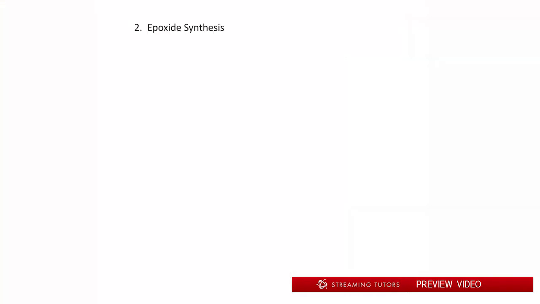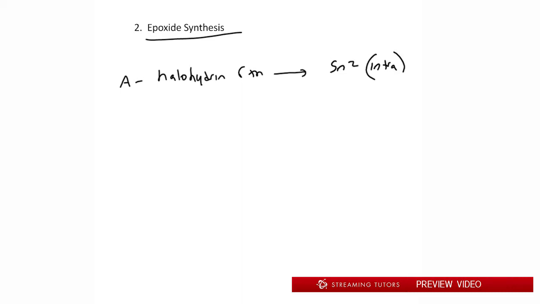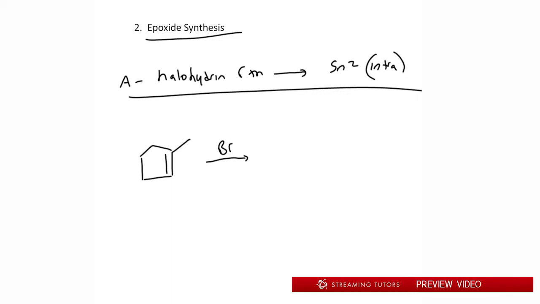Okay, now let's do epoxide synthesis. For epoxide synthesis, there are two ways that we can do this. The first one is actually something we know from a while back with alkenes. It's called the halohydrin reaction, and we follow up with an SN2, intramolecular, I'll write intra. Now, for example, let's say I have a system like this, and I treat it with Br2